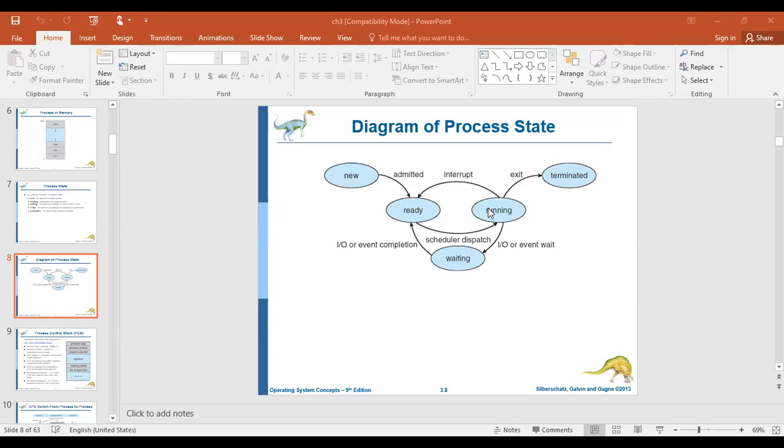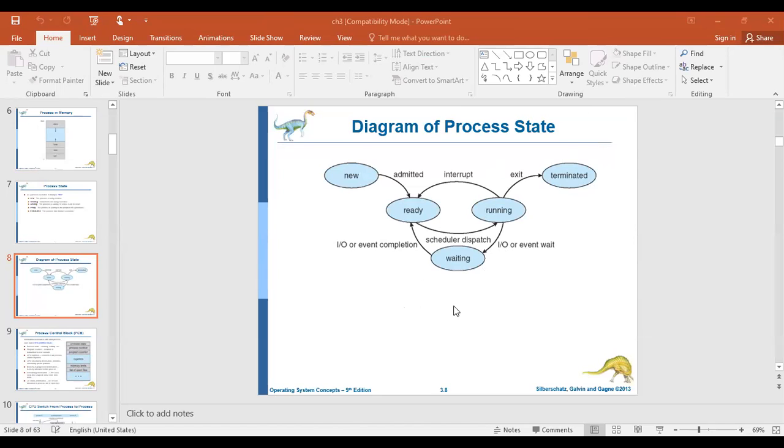After completion of these IO services, your process changes its state from waiting to ready. And immediately the CPU starts the continued execution of the remaining statements of your program. Once all the statements are executed, it will enter the terminated state. So at any given point of time, if you observe, your process should be in any one of the states.